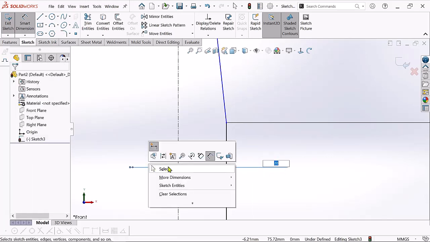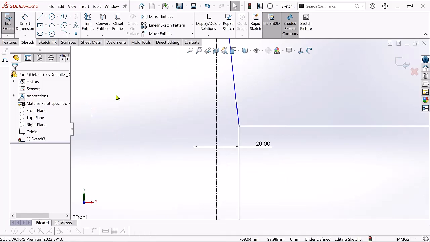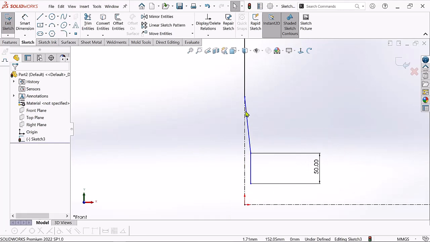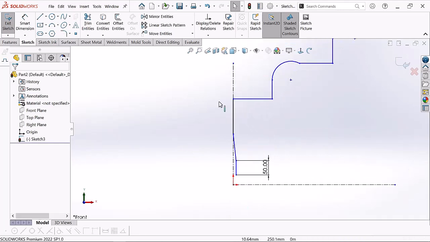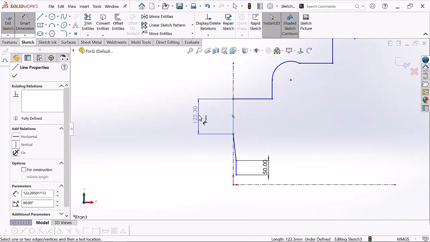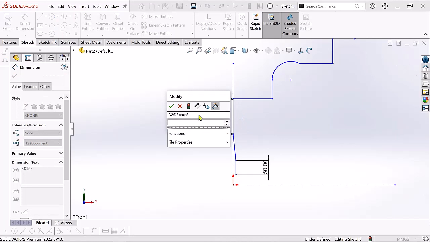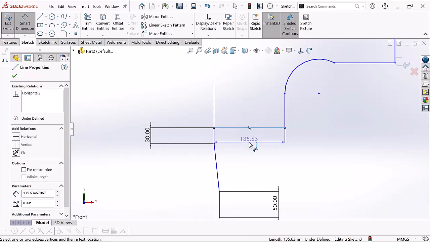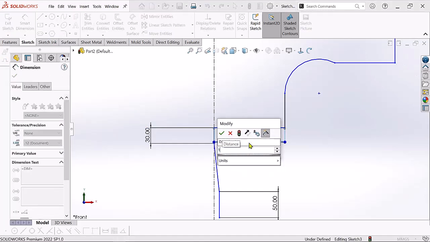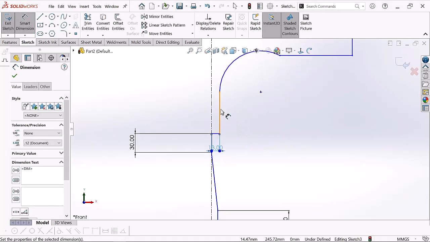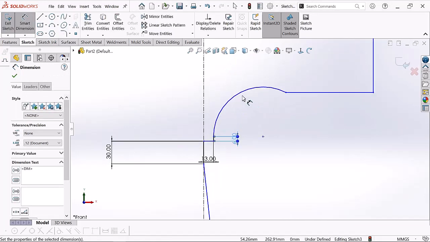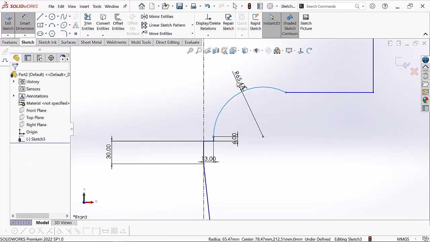Sorry, just delete this, and go to smart dimension, make it 30 millimeter, click enter, and make it 13 millimeter, click enter, and make it 6 millimeter, click enter, and make it 9 millimeter,